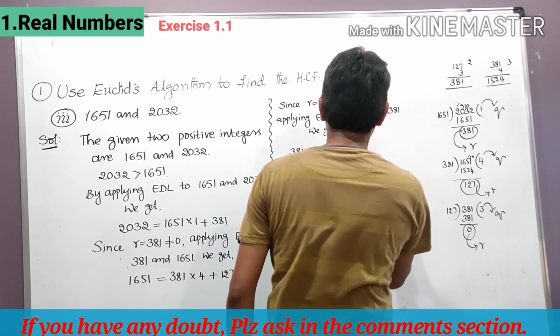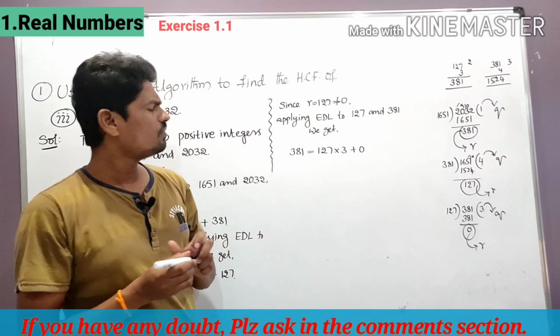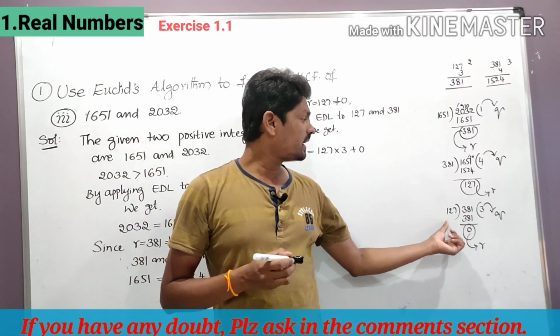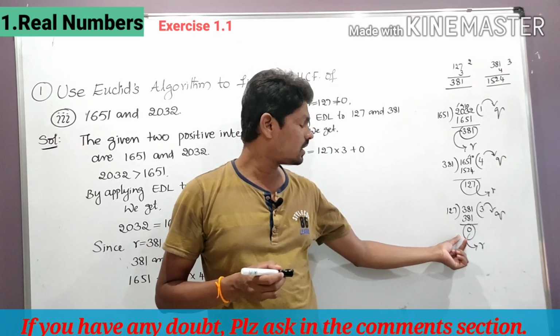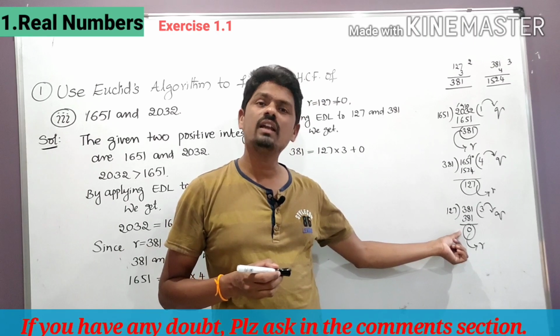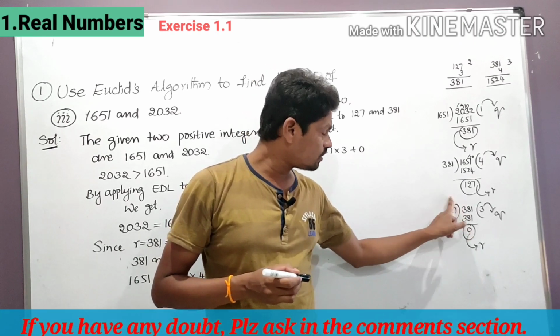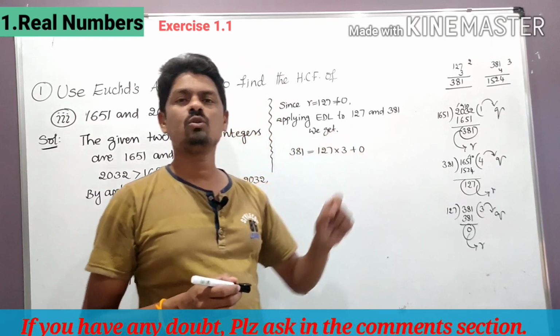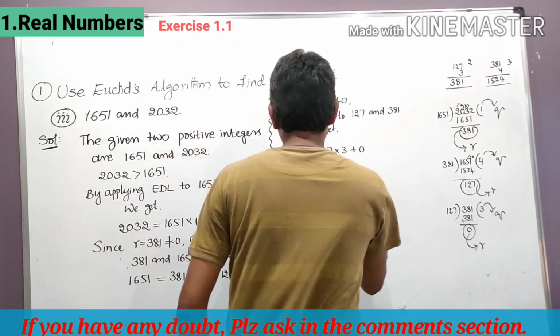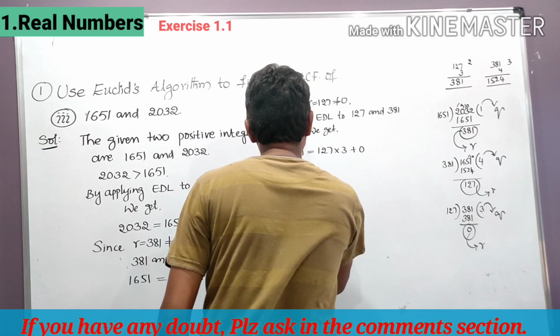R is 0, student. So when we divide by 127, we are getting the remainder 0. Therefore the divisor 127 is the HCF of the given two positive integers. Since r is equal to 0,